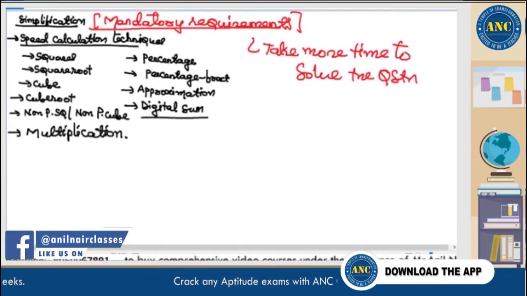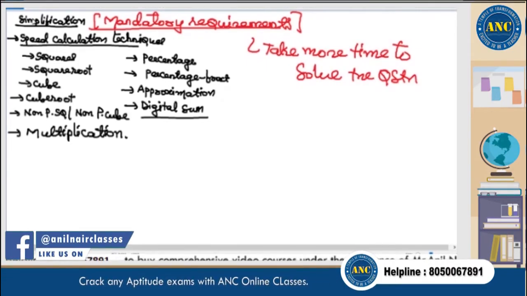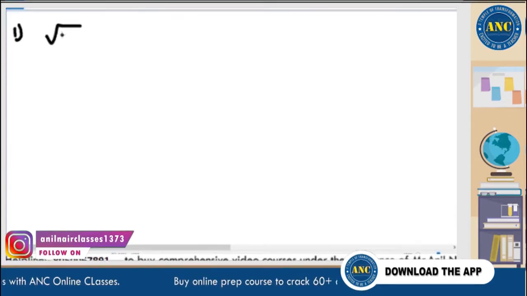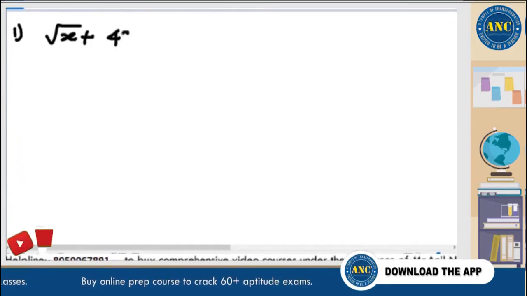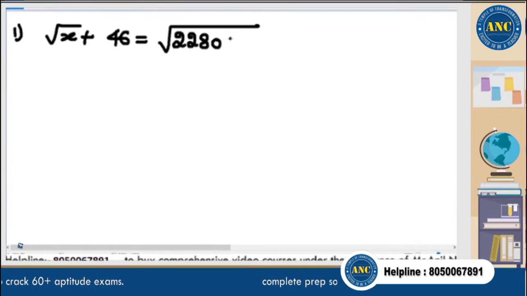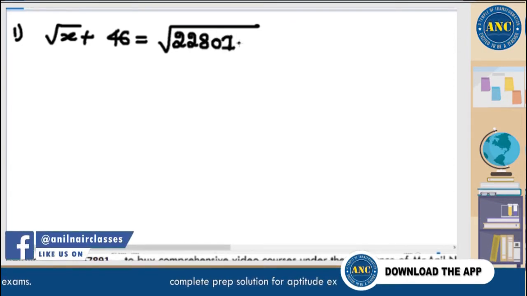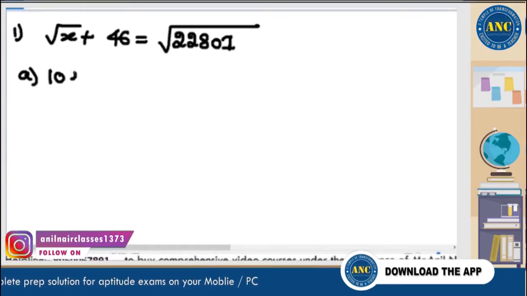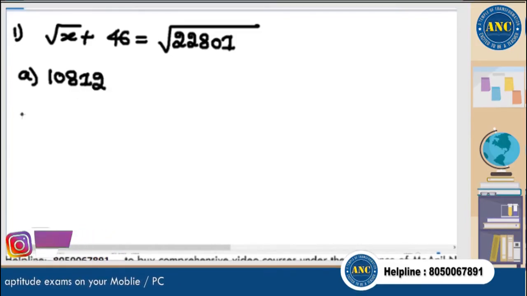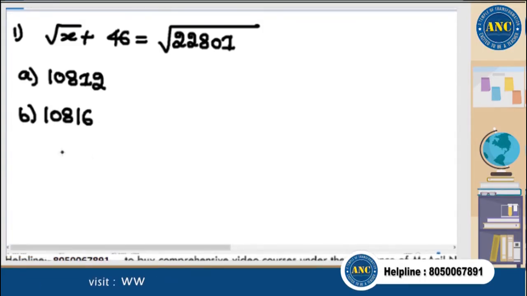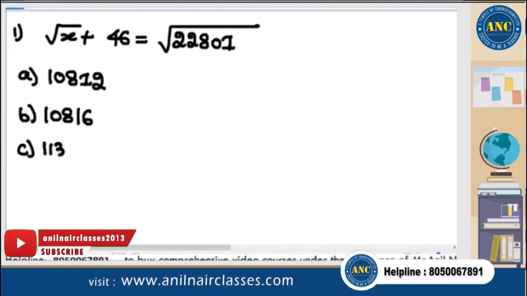Write down the first question, an original bank question. Root x plus 46 is equivalent to root of 22801. Original question. Write down the options: 10812, 10816, 11310,